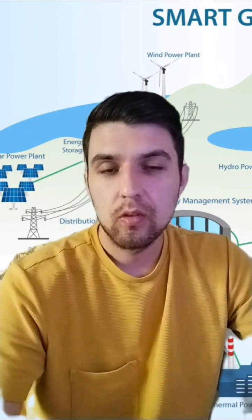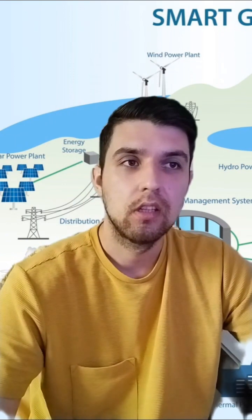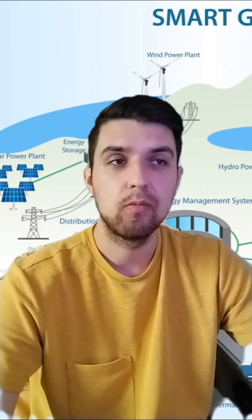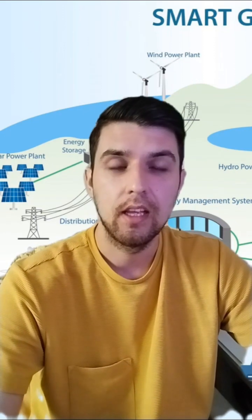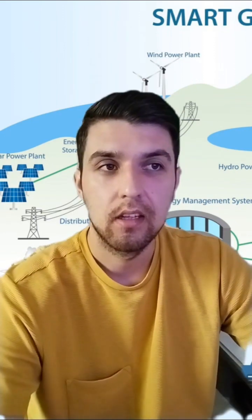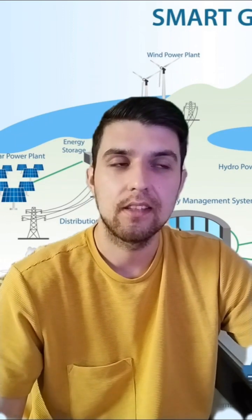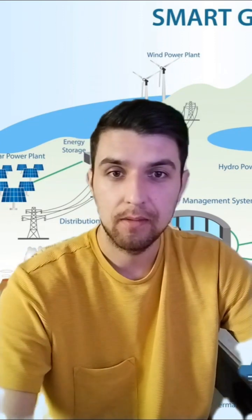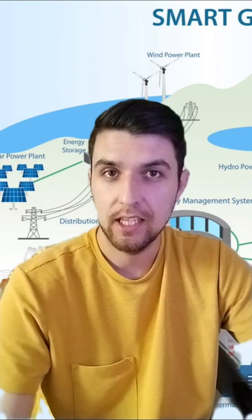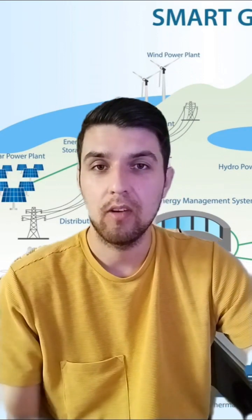And also we need an energy storage solution where we can store excess solar energy during peak production periods and release it when needed, which could potentially facilitate long distance transmission in the future. Right now it's not available, but scientists are working on it really hard. I'm with them, and I really hope they're going to succeed,